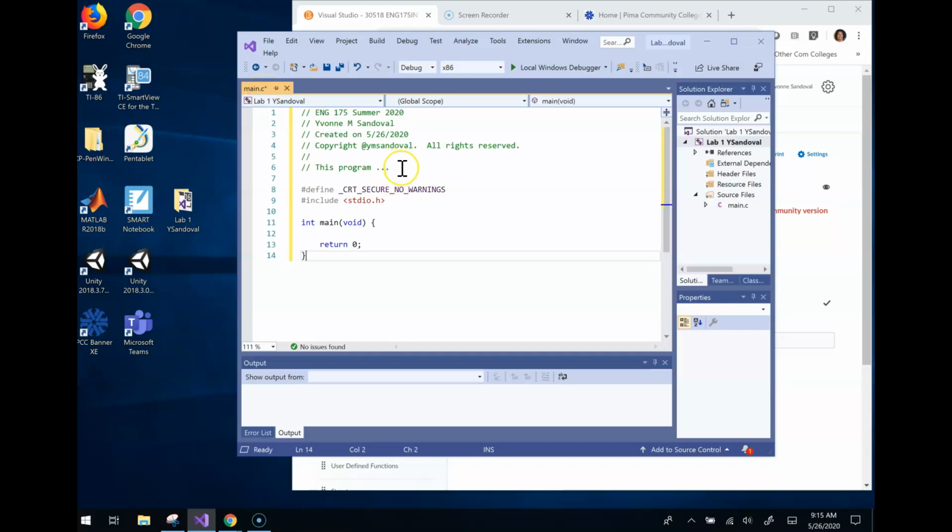Okay, every program has a header, so you're going to type in this header. Engineering 175, summer 2020, your name. My name's Yvonne Sandoval. Here you would put in your name, the date created on, today is 5/26, and then